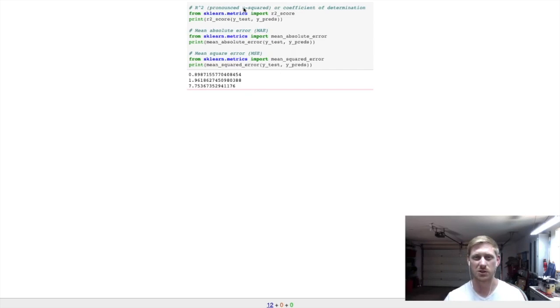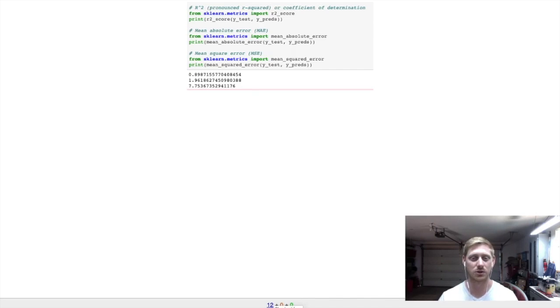Just know that these flashcards are really just study sessions for myself as much as they would be for you. But in essence, all that we need to do in order to view the R2 score, the mean absolute error, or the mean squared error, is to understand what the Y test is, and we'd also need to know our Y predictions. Y test is also labeled as Y true. So just know that Y test and Y true are pretty much the same thing across most notebooks.